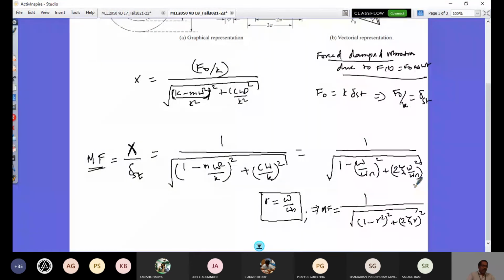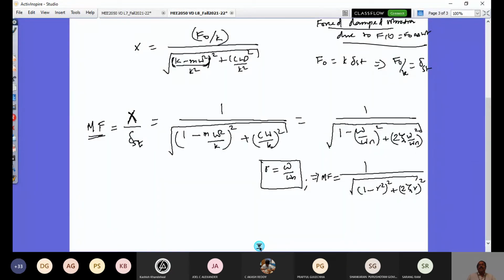And now we have defined what this magnification factor is, right? I just want to finish in another 2-3 minutes, and then we will see the characteristics of these equations in the next class. So if this is your forced damped vibration, what is forced undamped vibration? It means you require damping ratio 0, right? So for the case of an undamped system